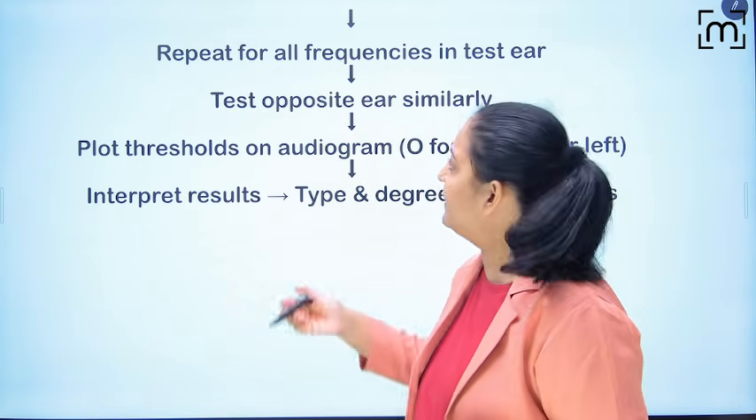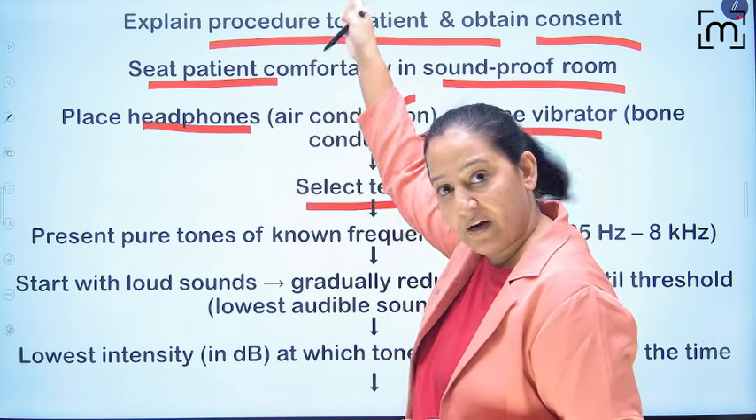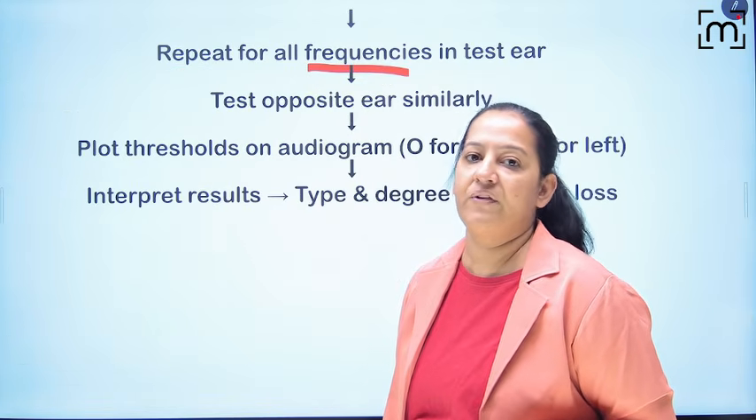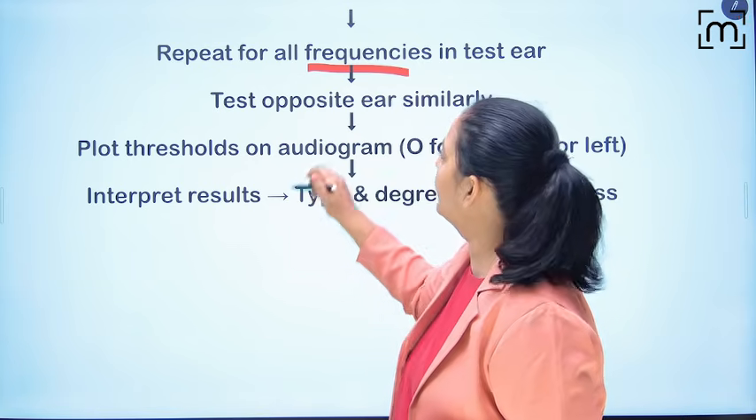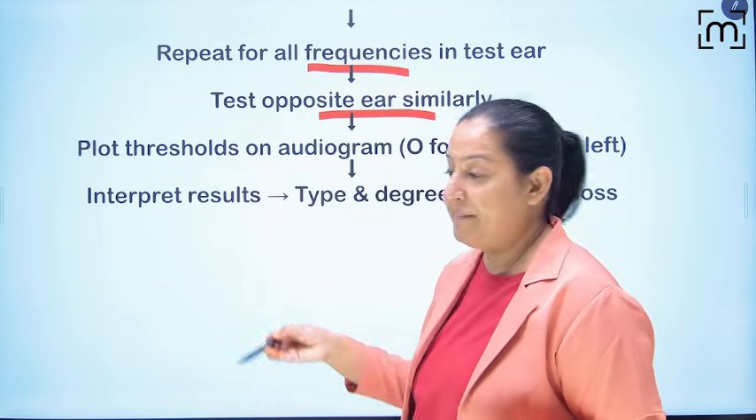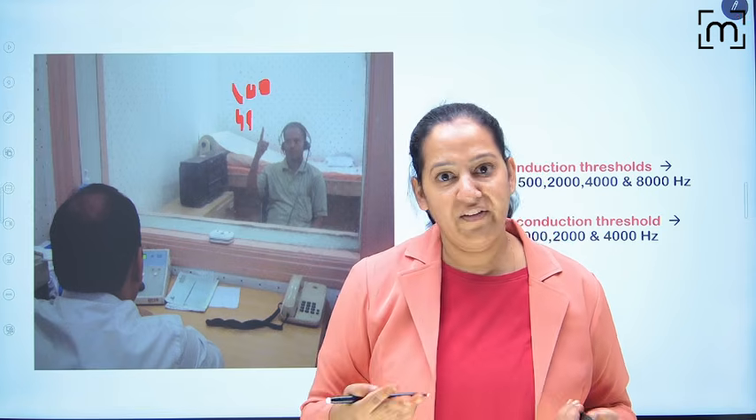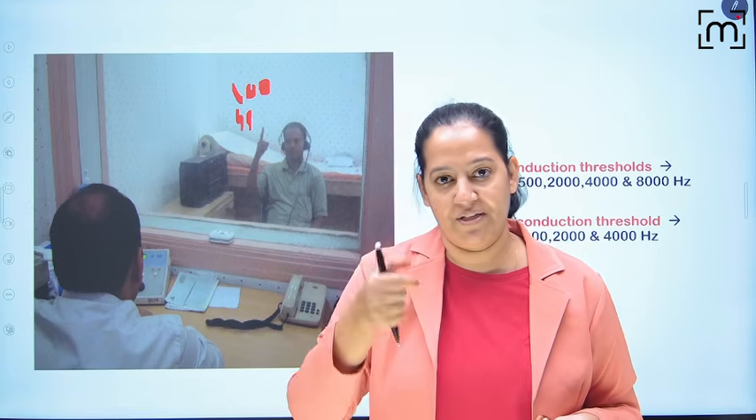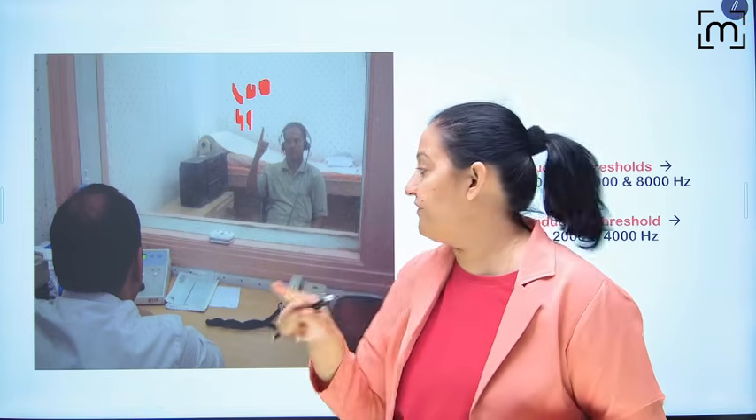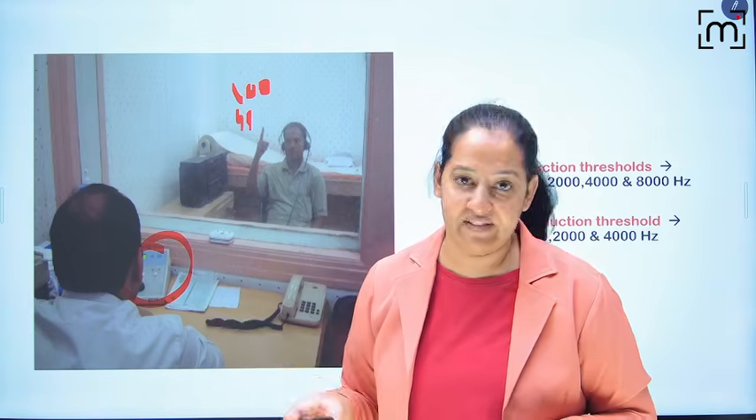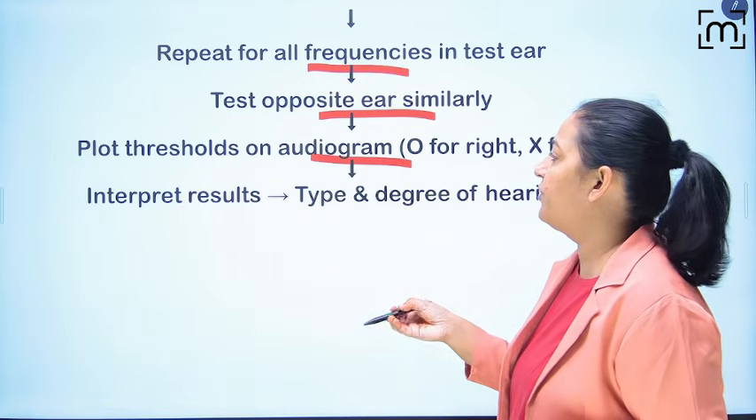We repeat the test with all frequencies. First we conduct this at 125 hertz, then at 250 hertz, like that at all frequencies we are repeating it. We are doing it in the opposite ear also, and we are making an audiogram, a graph. A software is there in the computer. Whenever the patient presses the button or raises the finger, we press the button. On the computer screen, a graph is automatically generated, and that graph I will show you, that is known